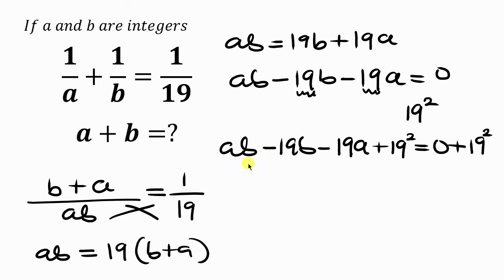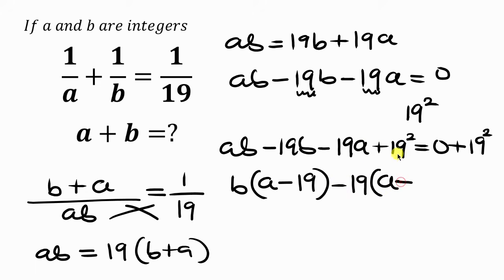Now let's factor the left-hand side. So B is common, so we can factor out B. Open bracket. AB divided by B, we have A, minus 19B divided by B, we have 19, minus 19 is common, so we can factor out 19. So 19A divided by 19, we have A. Now, minus times plus is minus. So 19 squared divided by 19 is 19. And this is equal to 0 plus 19 squared is